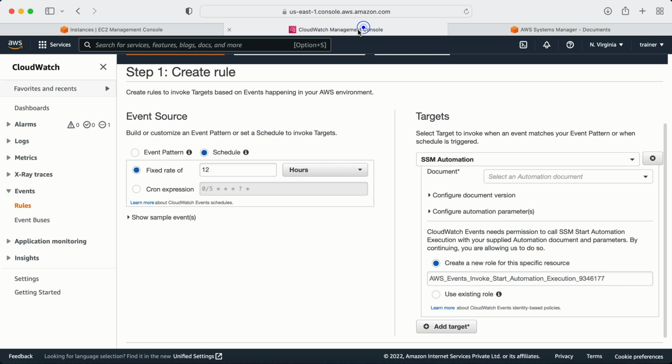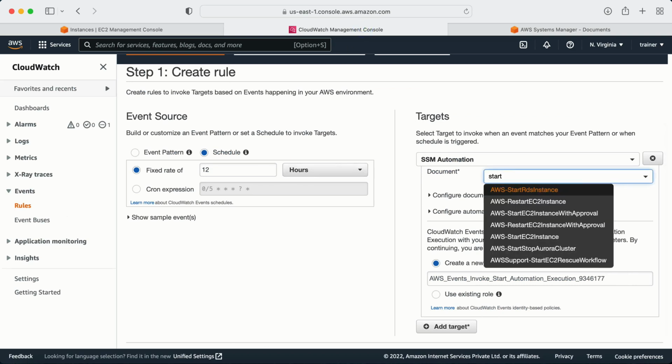Where are we going to use this? We are going to use this document in the target. So let me provide that here, Start